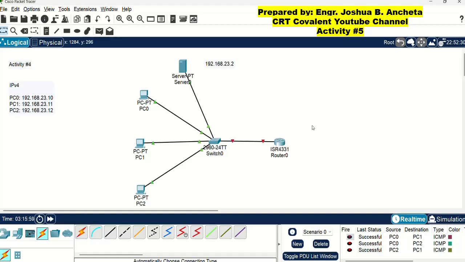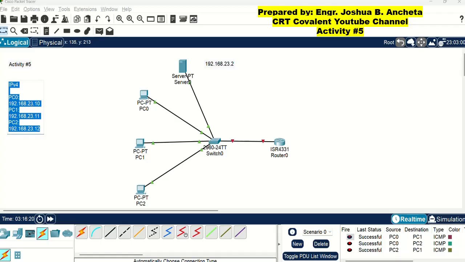So this is the setup from our previous activity, and now we will perform activity number 5. In activity number 5, we will be navigating between the 3 different modes here in Cisco Packet Tracer.